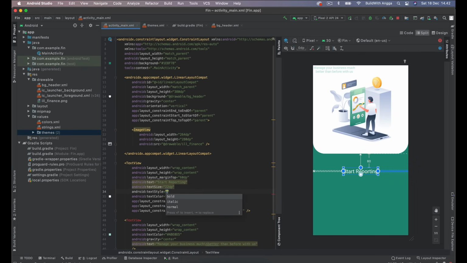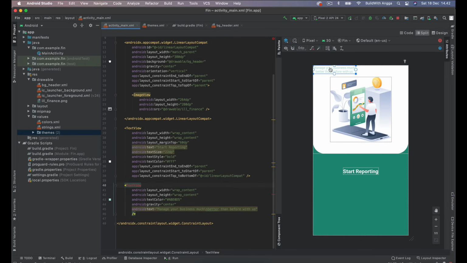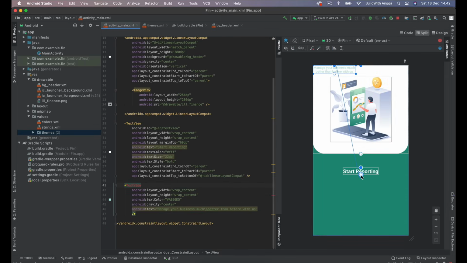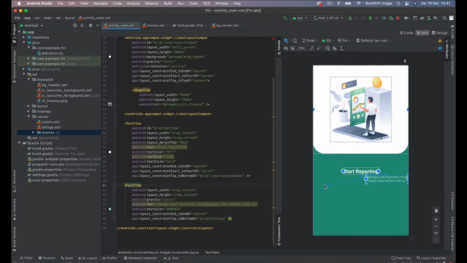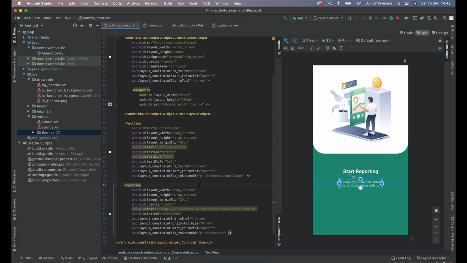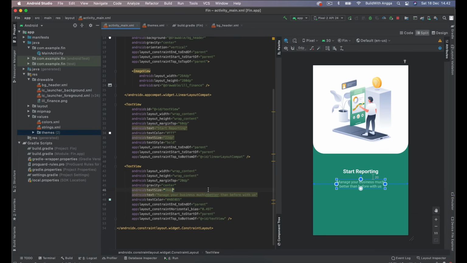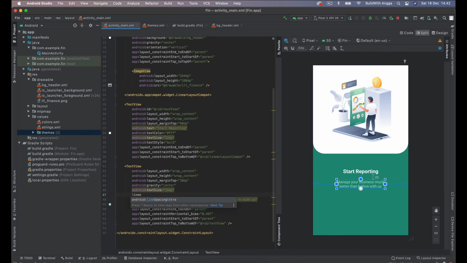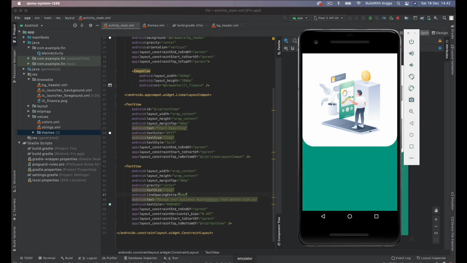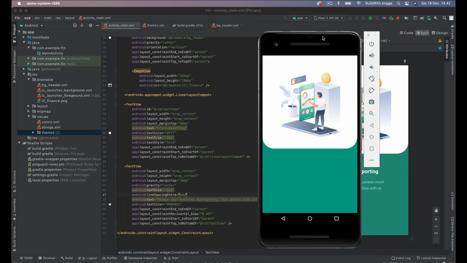and then the text style bold. Okay, so we're moving into this paragraph and put below of this title, and set the right constraint, the left constraint, and margin top about 20, and we need to set the text size about 16 dp, and give the line extra about 8 dp. Okay, that's enough. And if you wanna see the result, just try to run again into this emulator.